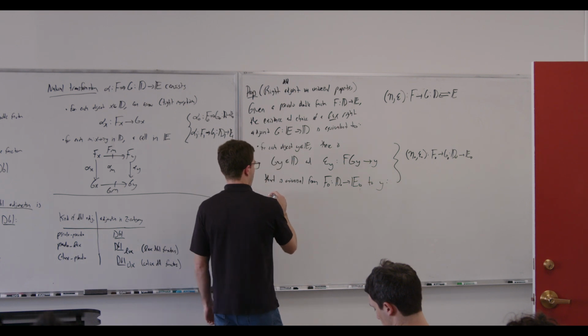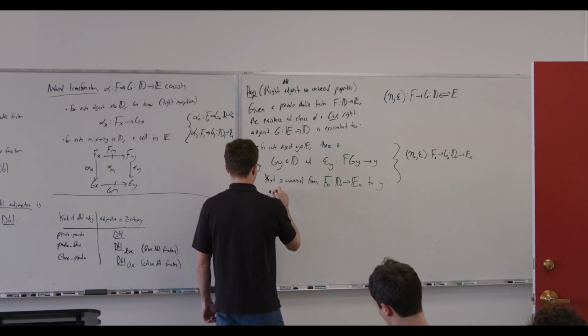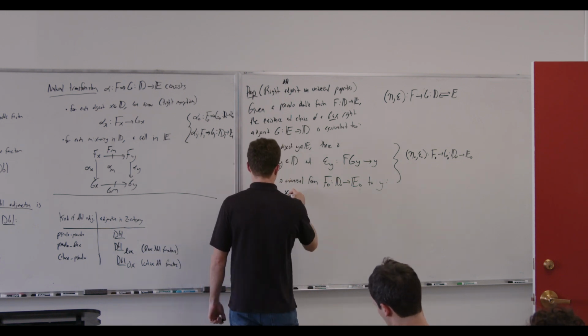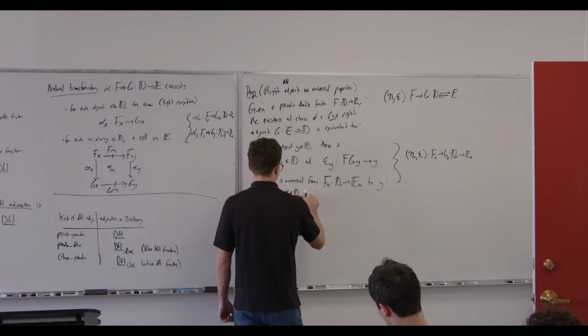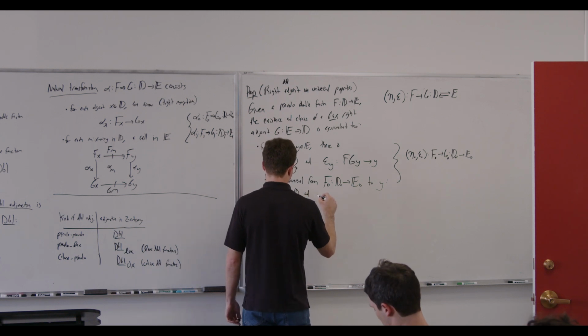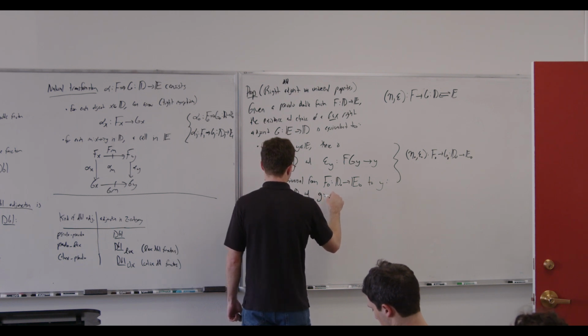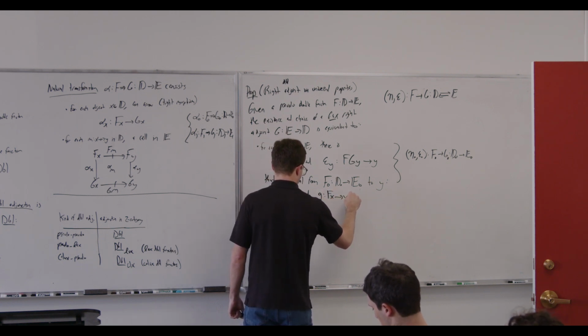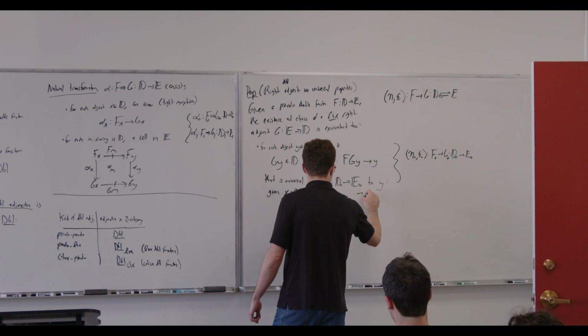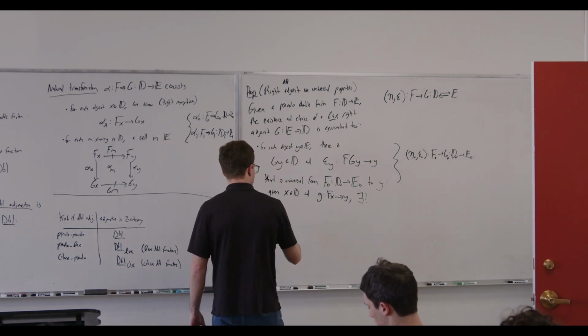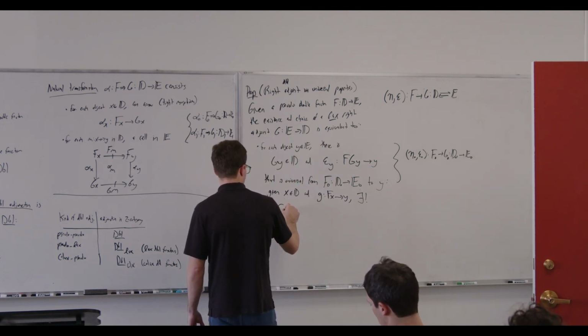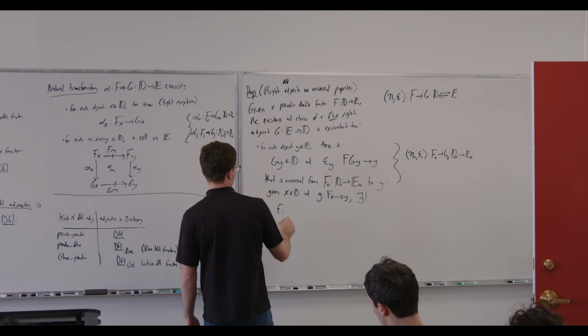Given x and a map from F x to y, there exists a unique map